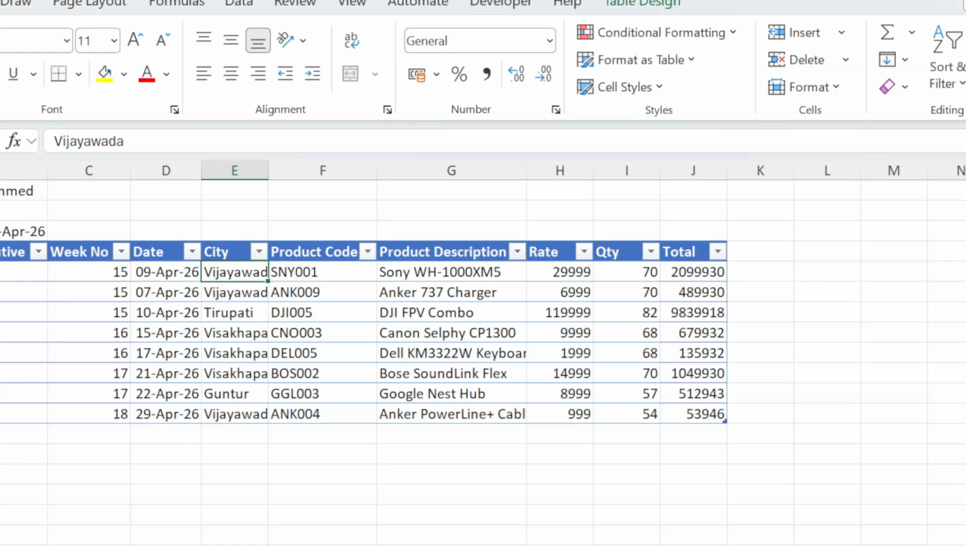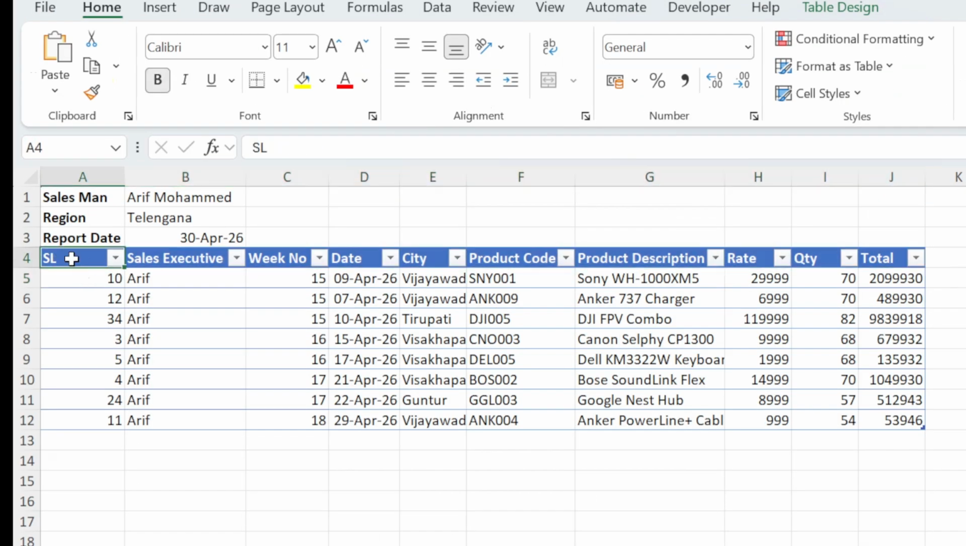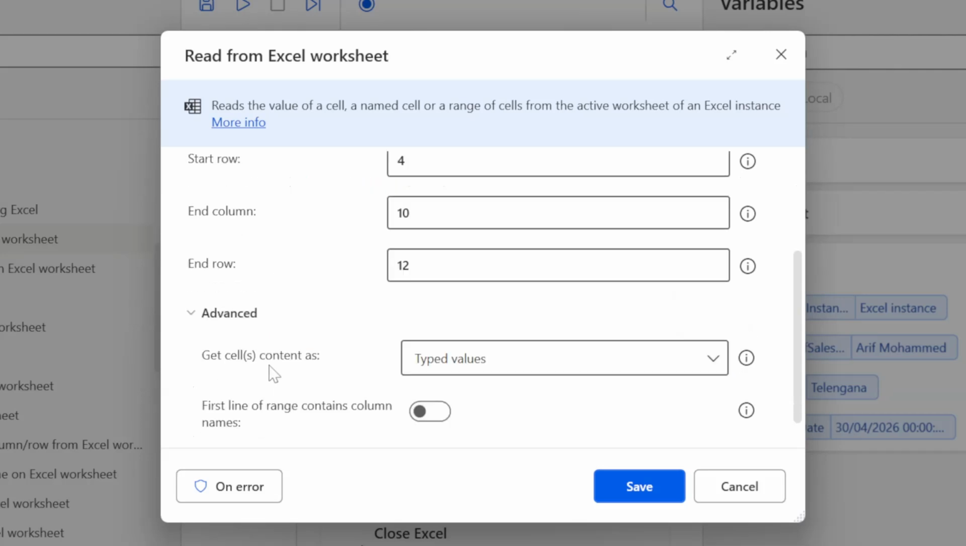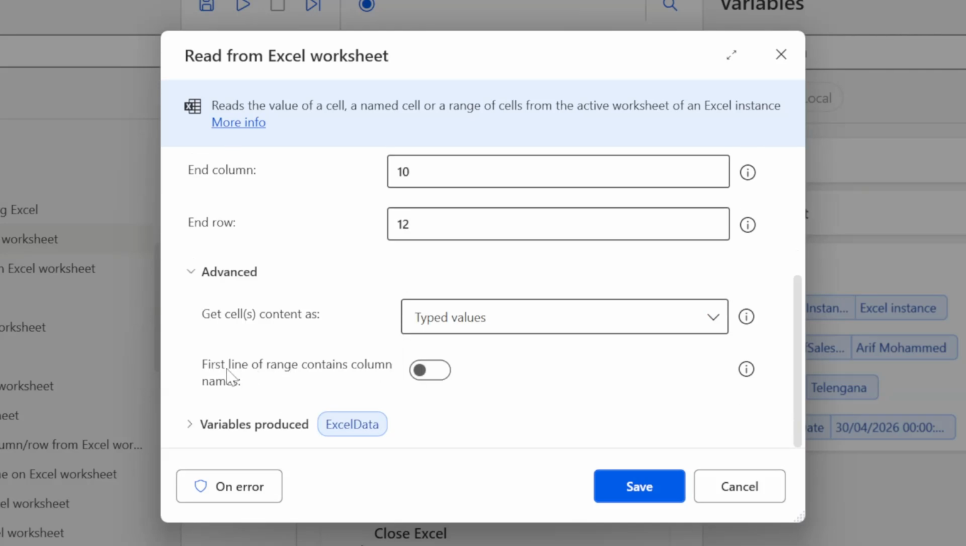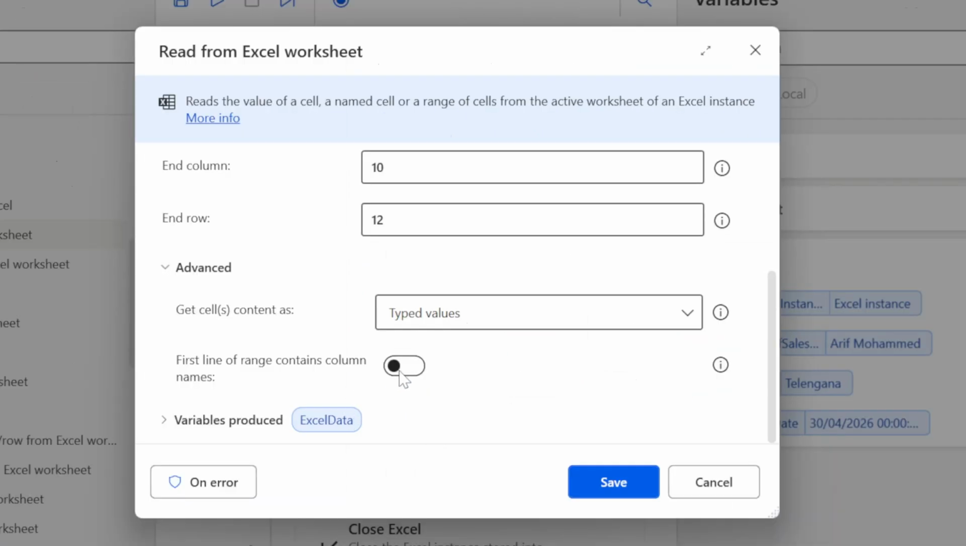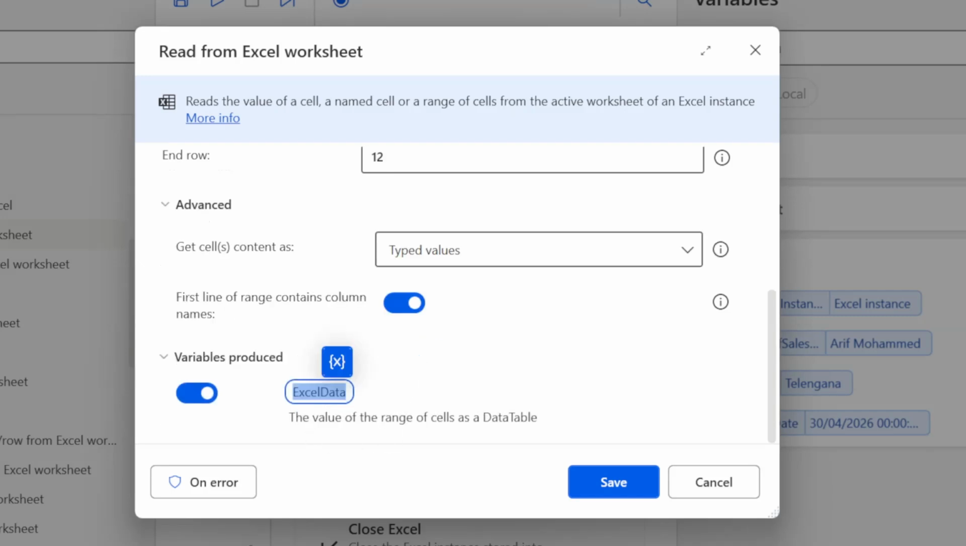If you open our Excel sheet, it starts from column 1, row 4 and it ends at row 12, column 10. Go here. Start column is 1 and start row is 4 and end column is 10 and end row is 12. And we can define whether the first line of the range contains a column name or not. If you go back to our Excel sheet, yes, the first row of the range is the column name. So let us say yes, it is, and we'll say